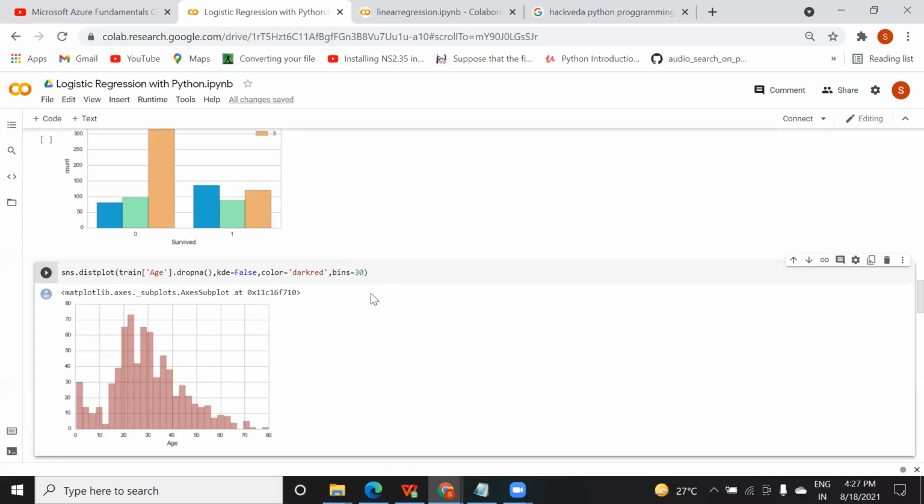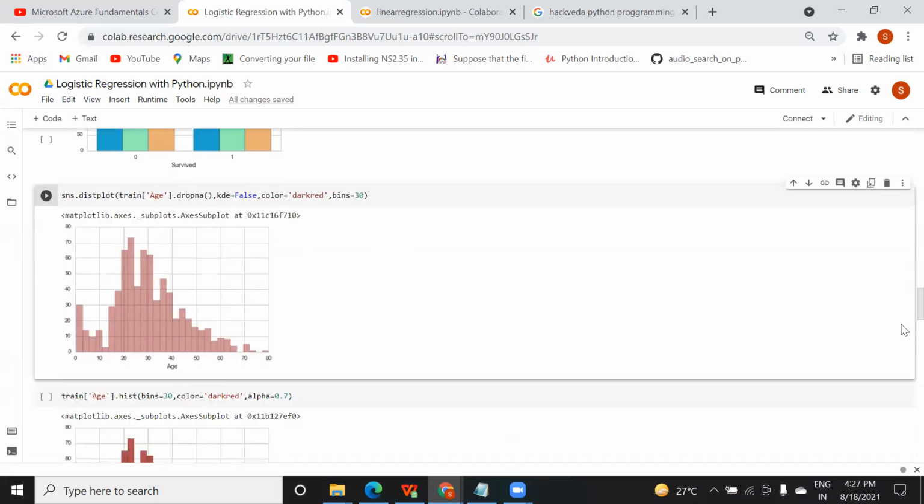It is not mandatory, but in the form of a graph you can represent it so that it will be easier for your higher authorities, or you can say your superior, your manager, to make a decision and approve your code, because they don't have time to see your code for each and every column. So if you represent it in the form of a graph, it will be easy for anyone to make a decision out of that. That's why I have shown you in the form of a graph.